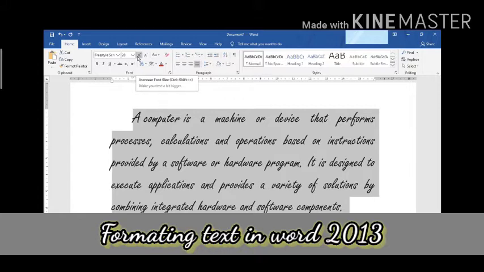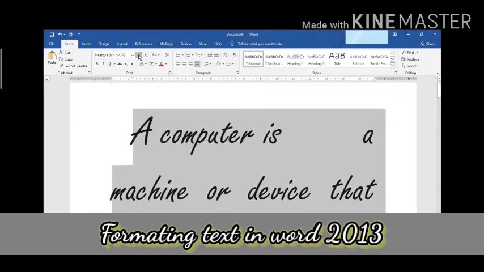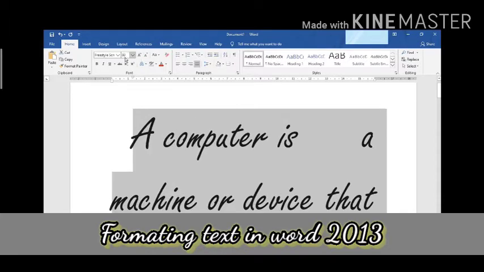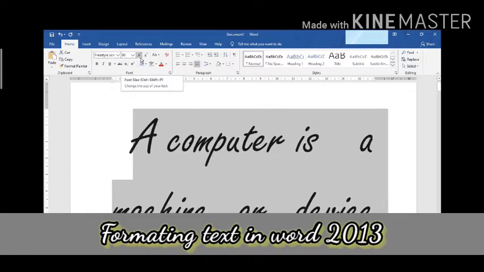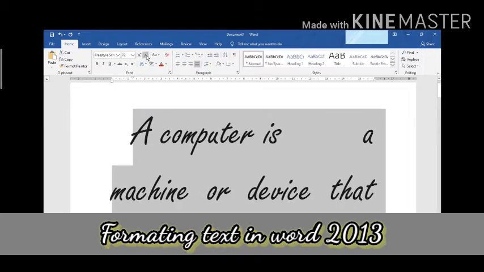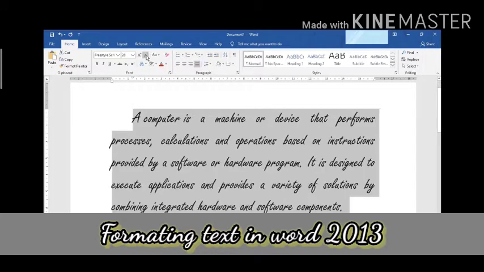From here also we can increase the font size, or we can press Ctrl plus Shift plus the arrow mark. See, like this. Over here it will show how much size we have increased, and here we can decrease the font size by clicking on this small A, like this.